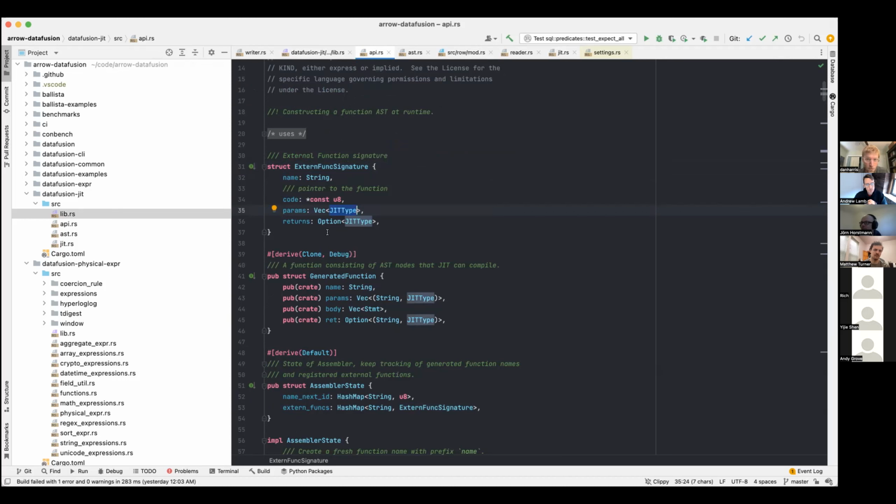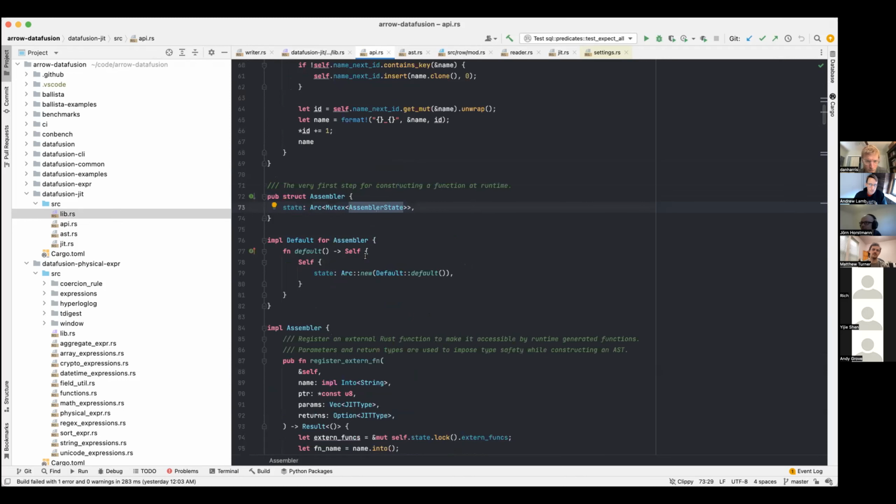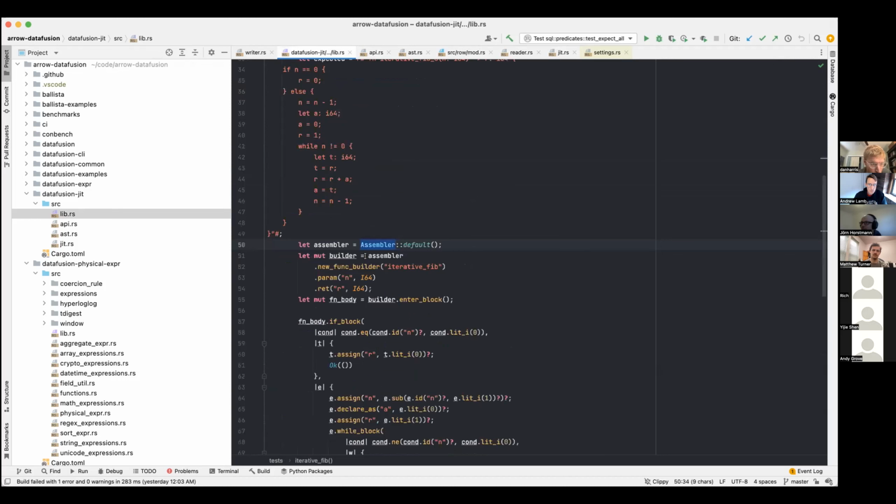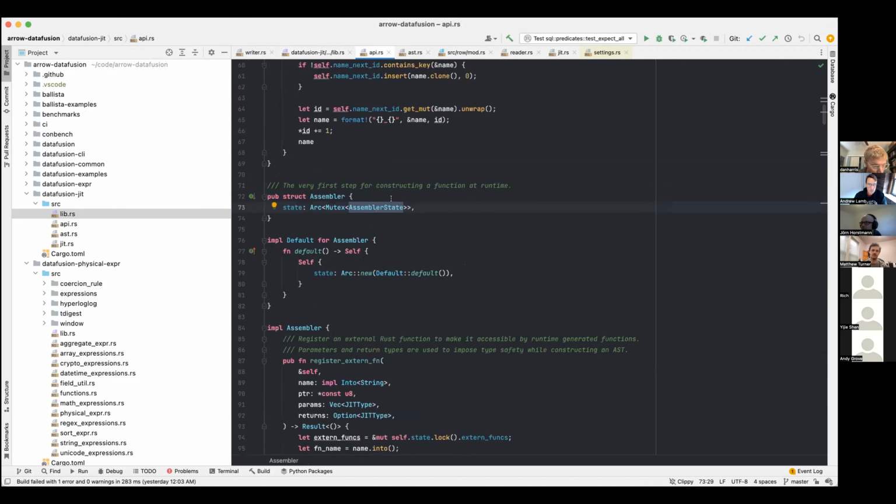So once you've registered a function into the assembler, the main entry point of our JIT,